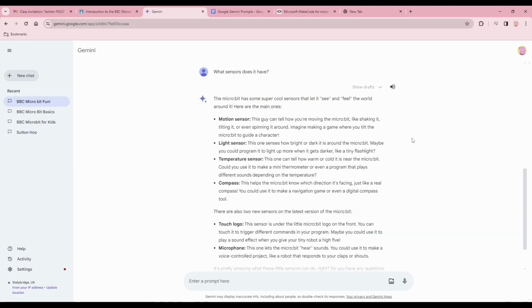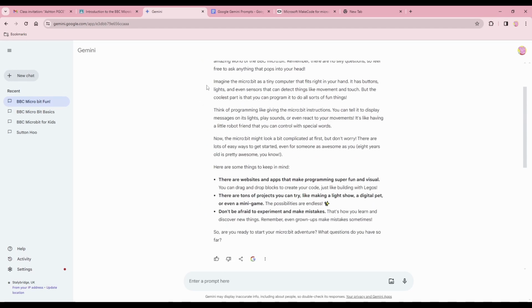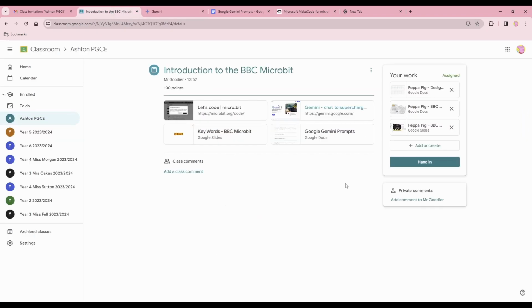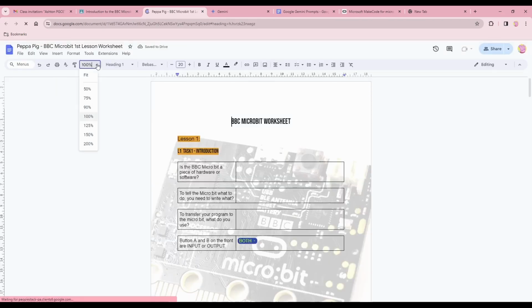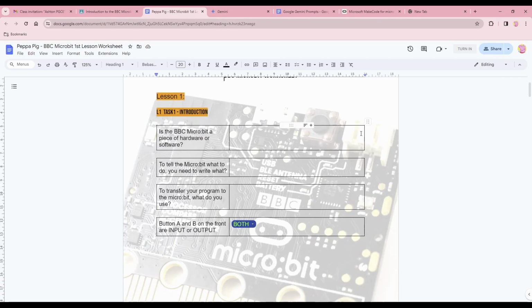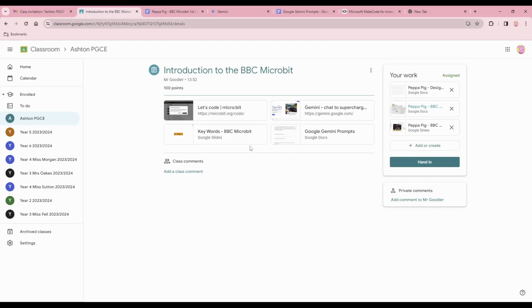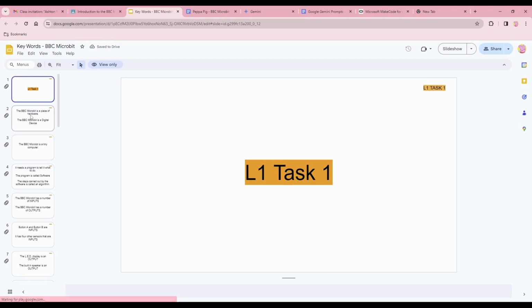If you go back to the BBC Microbit one we've just generated, the important thing is if you go back to Google Classroom and open up this document and click on 125%, as you can see this is now linked to that resource sheet, which asks a number of questions, and it's also linked to the keywords. So children have got two resources now to answer that